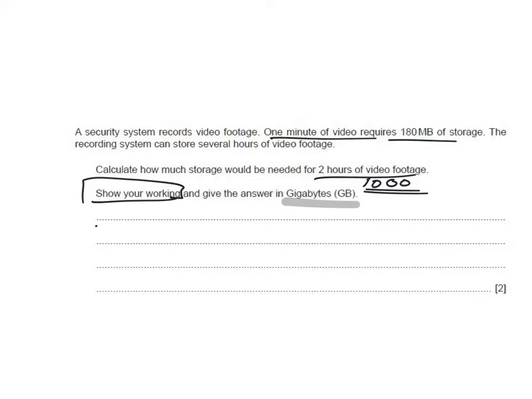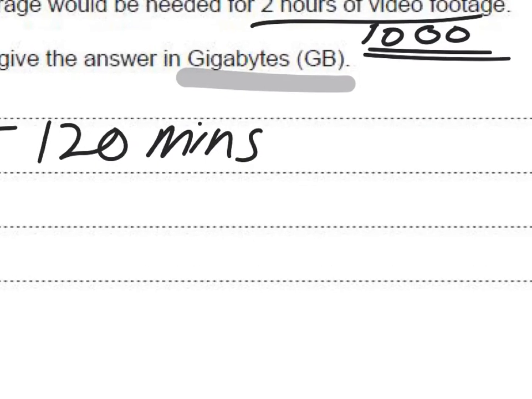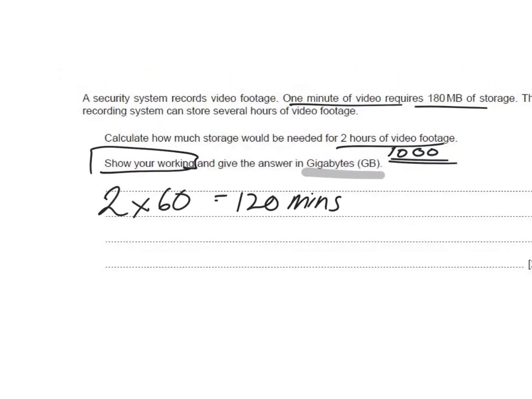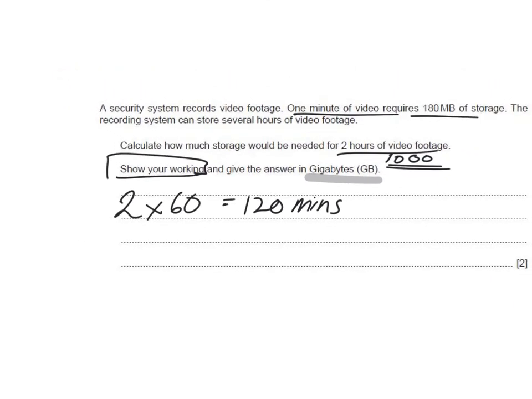So we know what 1 minute is. So you do 2 times 60 equals 120 minutes. Do this in as much space as you need. Do it in pencil, double check it in the exam. So 120 minutes, we need to do 120 minutes times 180 megs, which is, let's see, 21,600